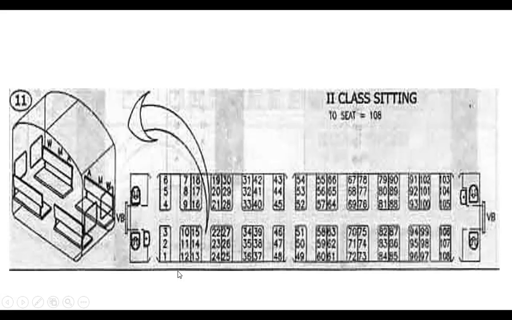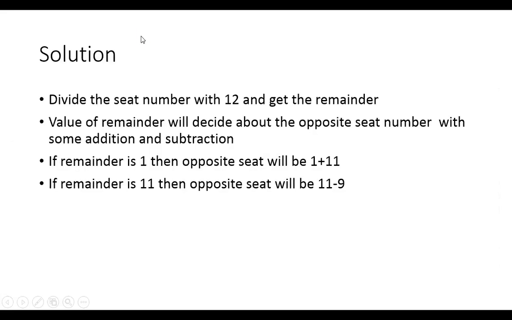And for this particular column, if I get the remainder 7, then I will be subtracting 1. If I get the remainder 8, I will be subtracting 3. If I get the remainder 9, I will be subtracting 5. If I get the remainder 10, I will be subtracting 7. For 11, I will be subtracting 9. And if I get the remainder 0, I will be subtracting 11. So this is the whole case. So what we have concluded from there is